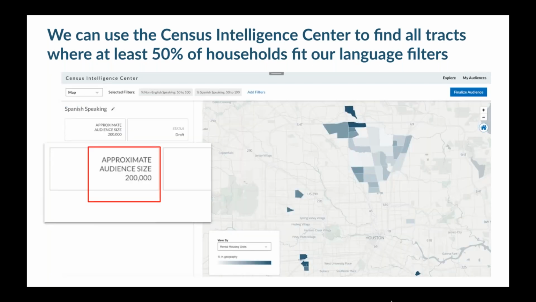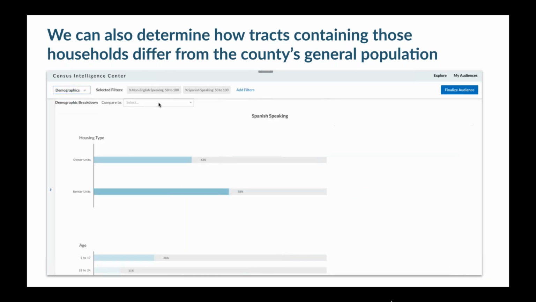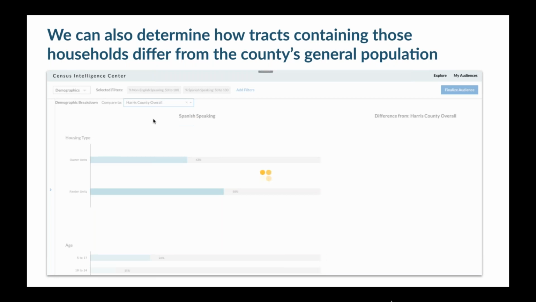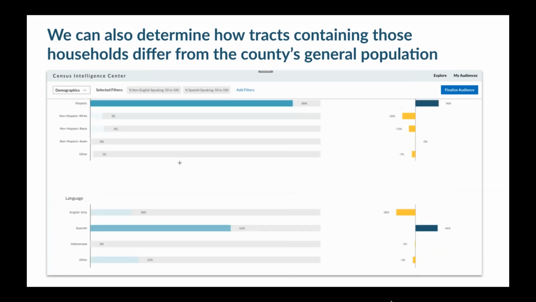And we can actually see in Census Intelligence Center what the approximate audience size is, so how many people live in those census tracts, and it's about 200,000 people. So we've defined our audience, and we know where we can find them. Now we want to understand what else we know about them as we start to plan